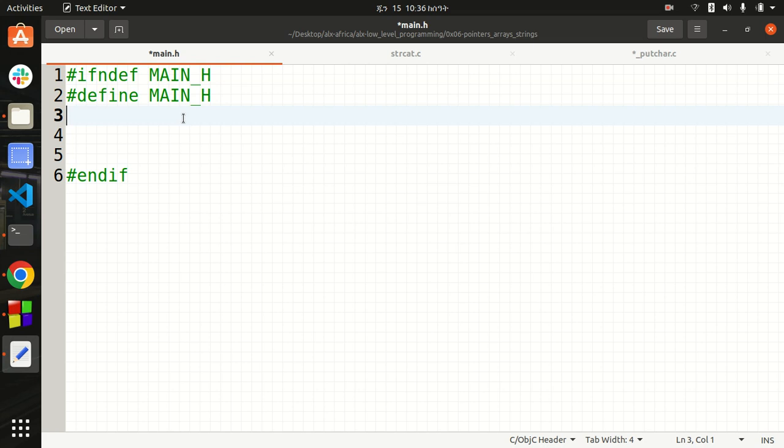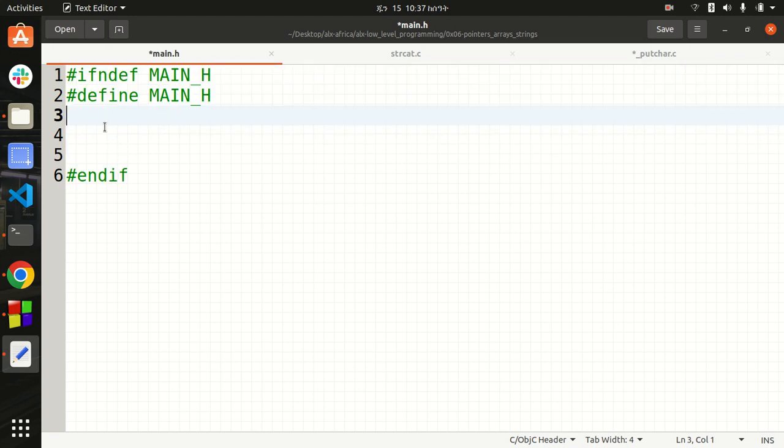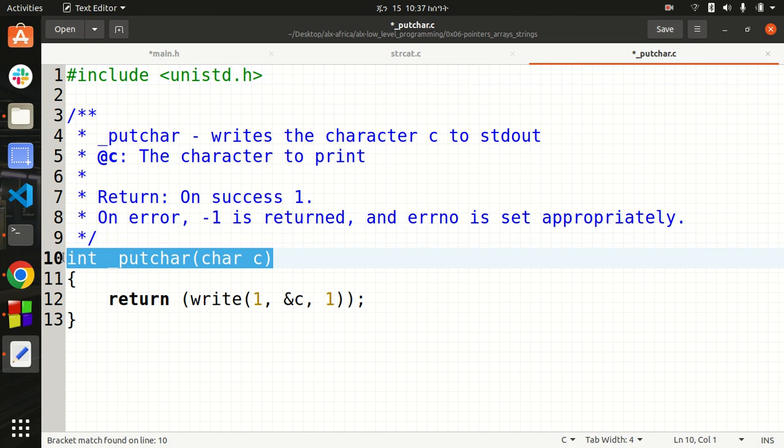This is strictly giving us one instance of the prototype, so that it is going to be included once only. If it has been included, it won't allow the compiler to execute this specific code twice. So that is what we are doing in this code. So I'm going to come here and copy this one first,